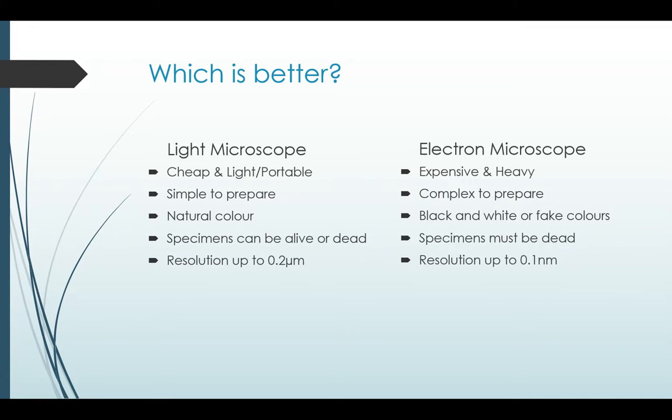So which is better? It really depends on what you're using it for, because light microscopes are cheaper, easier to move, easier to use, you get the natural colour, specimens can be alive or dead, but the resolution is 2,000 times worse than an electron microscope. But that's expensive, heavy, it's just a lot harder. So if you want to see something in a lot of detail or something very small, electron microscope, but otherwise you should use a light